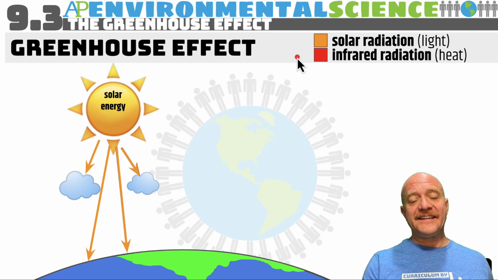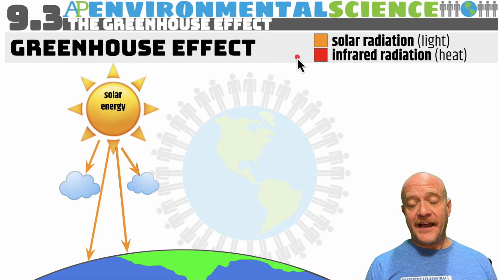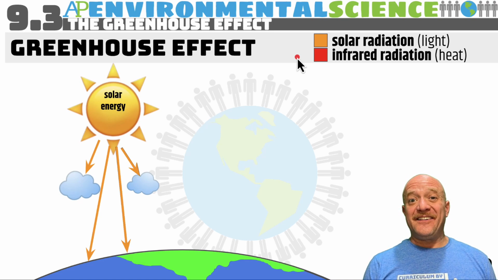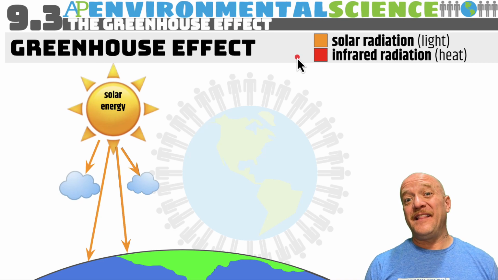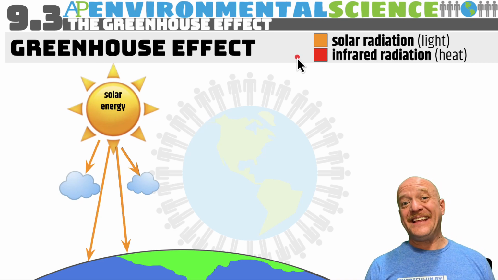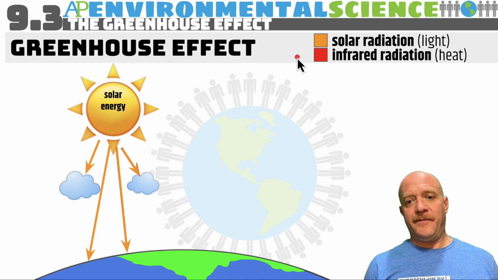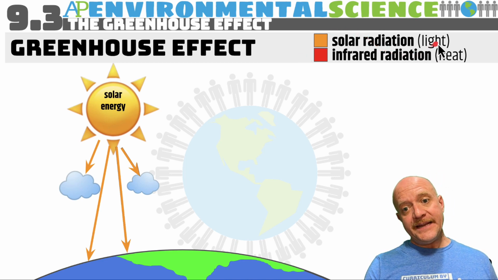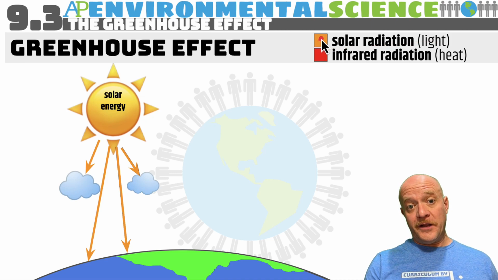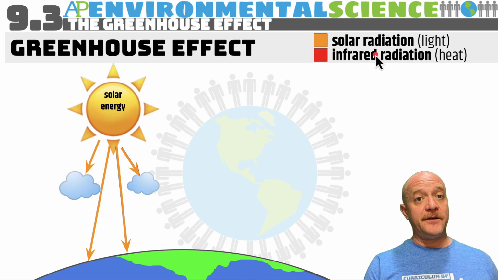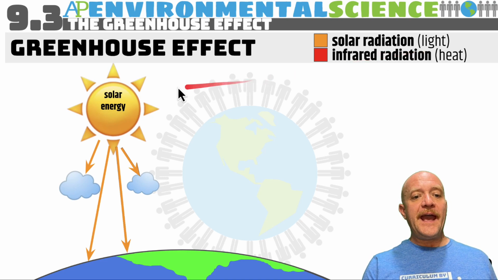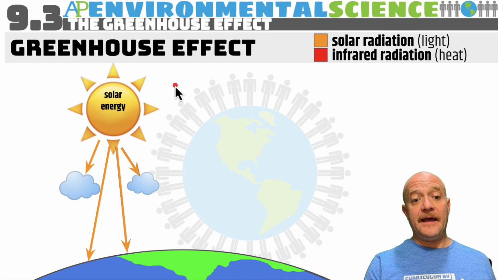So the greenhouse effect got its name because a greenhouse has a glass roof and allows solar energy in, but the heat also gets trapped inside. So in this diagram, solar radiation or light will be represented by orange, and infrared radiation or heat will be represented by green. So we have the solar energy entering the Earth's atmosphere and hitting the Earth's surface and the